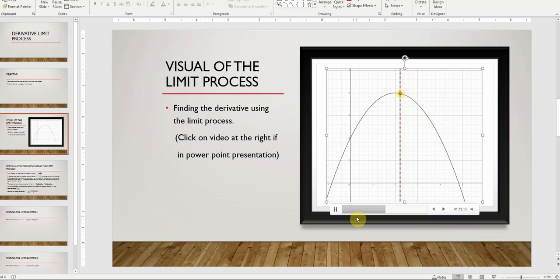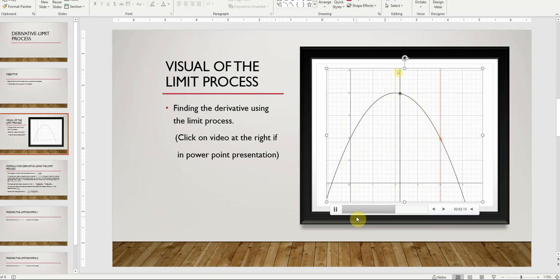Now what do I want? I want delta x to be 0. Why? Because when delta x is 0, that means that the red dot is on top of the black line. So right here, delta x is getting larger and larger. Now it's getting smaller and smaller and smaller, and right there it becomes 0. So what we're going to do now is we're going to introduce